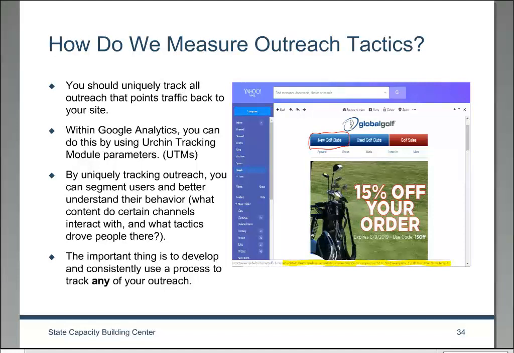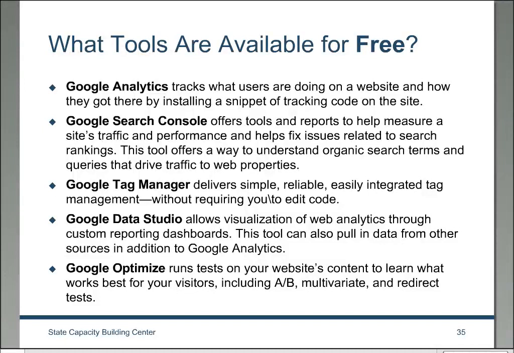So you'll see that sometimes it will be like whatever.gov/report, right? And when you go there and type that, your browser is going to redirect, and that redirect is going to have these parameters in place. That's to make sure you understand what tactics are driving people there. That's really important, because you want to be able to separate people who come organically versus some of the outreach you're performing and get a better understanding of that audience.